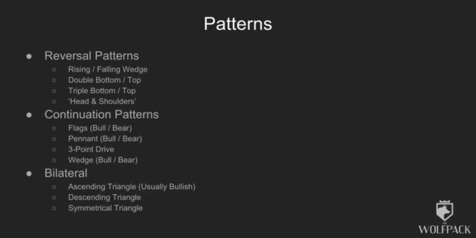And then as well the bilateral patterns, which include the ascending triangle, descending triangle, and the symmetrical triangle. Ascending triangles are, for the most part, usually bullish. They shouldn't really be bullish all the time, but this is crypto, and we're in a bubble, and everything must go up. What goes up must go up. So usually they're bullish, but I'll still cover it as a bilateral pattern. And then also the symmetrical triangle. I know a lot of you guys have